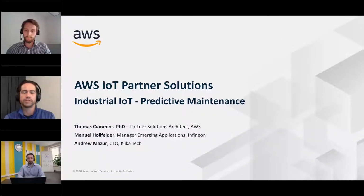Hello, everyone. My name is Thomas Cummins. I'm a Partner Solutions Architect at AWS, and along with Manuel Holfelder, Manager of Emerging Applications at Infineon, and Andrew Mazur, the CTO of Klika Tech, we're here to present an AWS IoT partner solution for Industrial IoT, focusing on predictive maintenance. So Infineon and Klika Tech are AWS partners, and they have put together today's solution, which we'll be